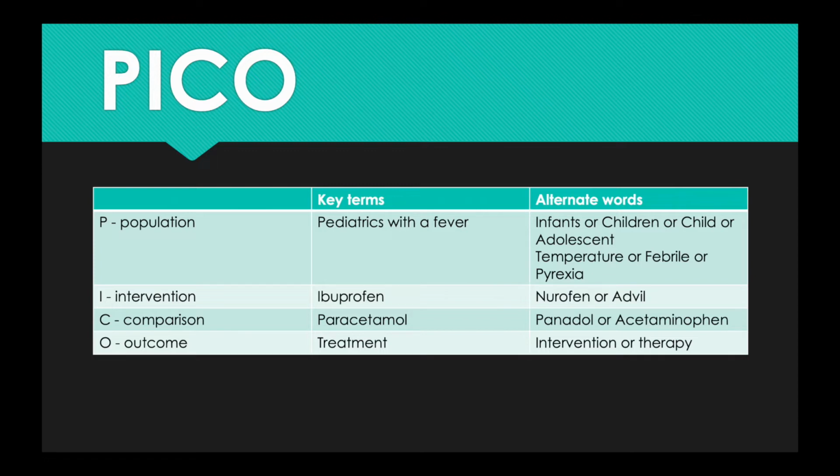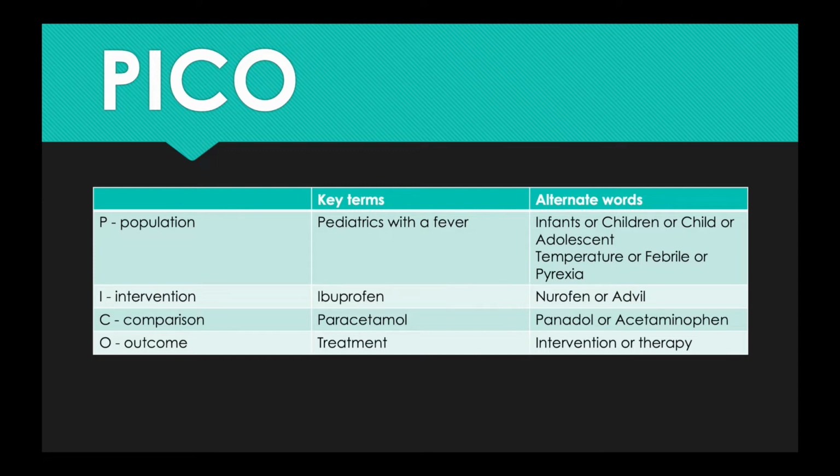The question I'll be researching is already in a PICO format involving the 4 key elements: population, intervention or issue, comparison, and outcome. In this question, the key terms are pediatric, fever, ibuprofen, paracetamol, and treatment. To get a broader array of results, it is important to use alternative words when searching. This allows for the inclusion of other relevant sources that use synonyms or similar words to that in the original